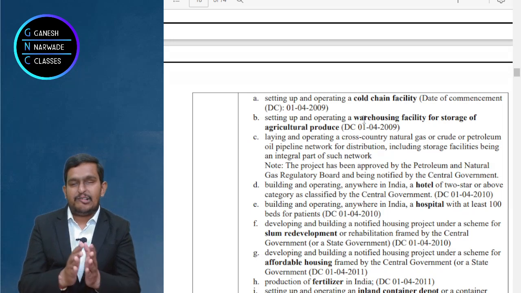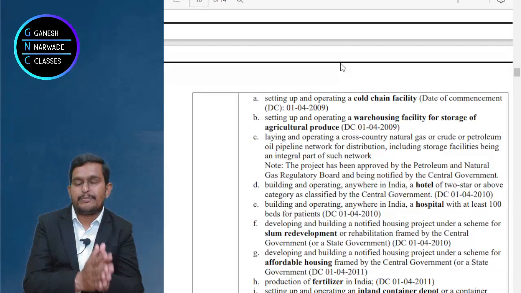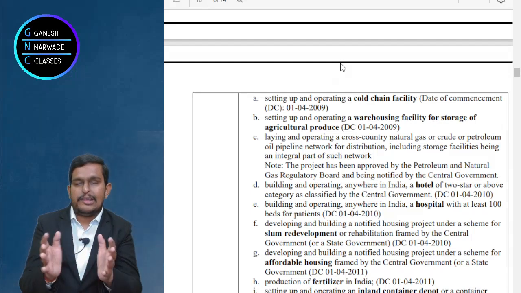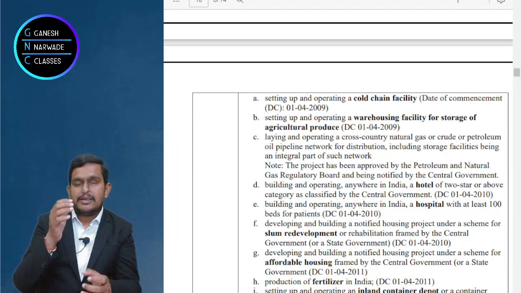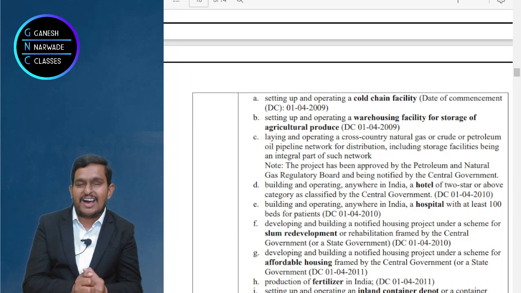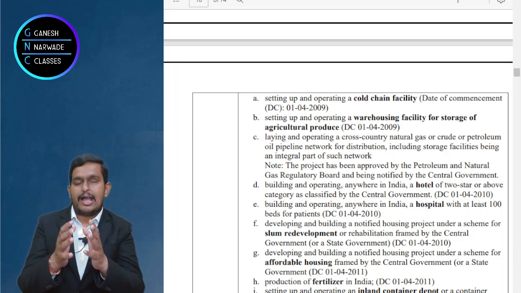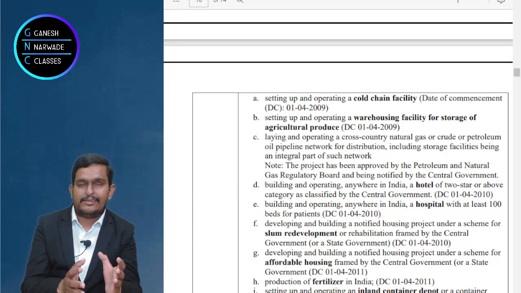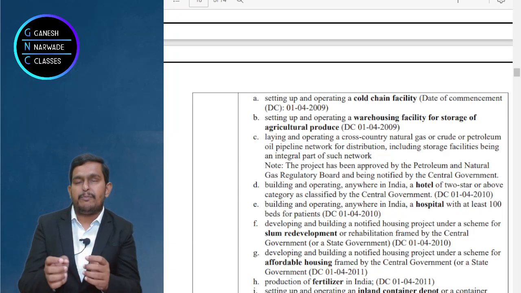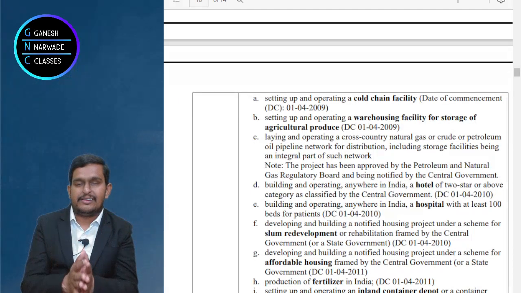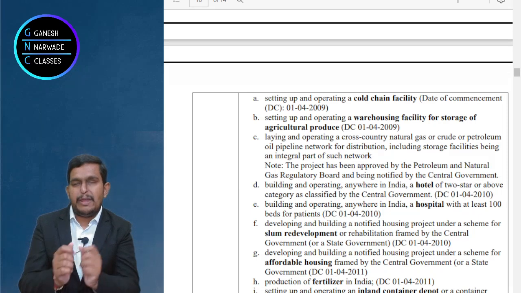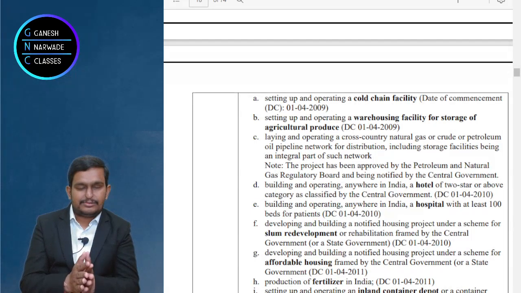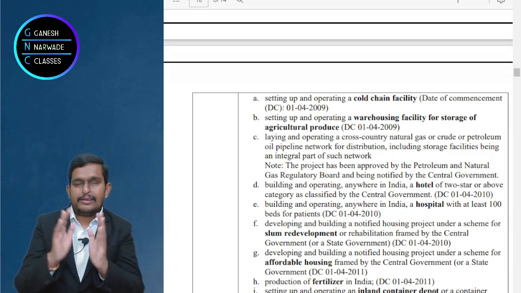First thing, the government needs to encourage certain areas of business, like petroleum pipelines are required from Russia to India, from different countries to India, so that petroleum can be imported very fast. There is agricultural produce which should be kept in cold storage. People may be ignorant of these types of businesses, but if the government categorizes them as very special and specific, and gives a lot of benefits to such businessmen, then people will get into these businesses. That's why there are so many government benefits.